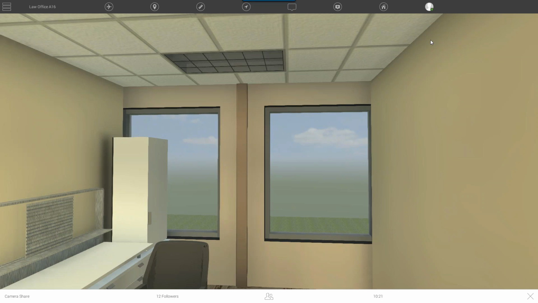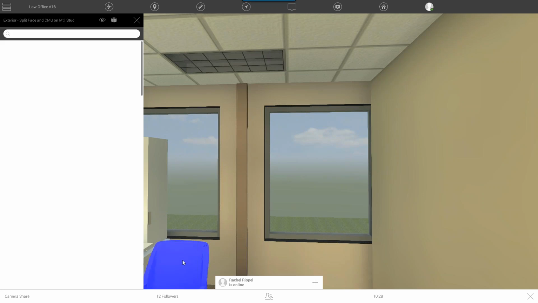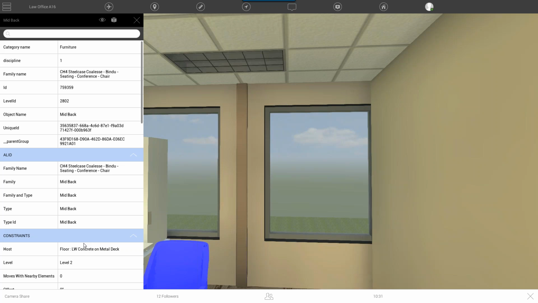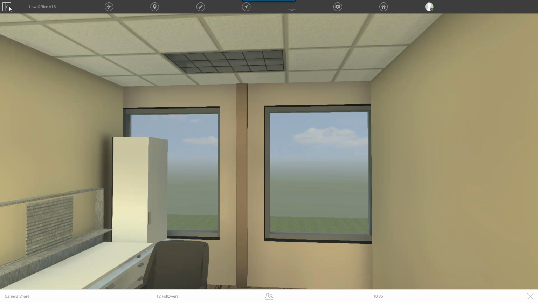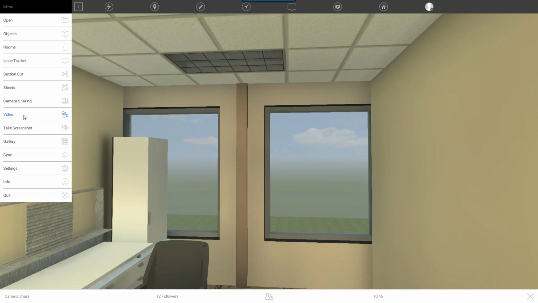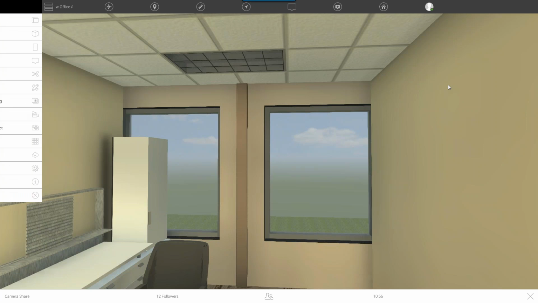So let me check. We already talked about the fact that there's views, rooms, measure. If we double click on something within the viewer, it opens up the properties for that thing that we clicked on. There's also an option to record a video of your walking through the model, so that you can basically make a video just by navigating through the building. So that's super handy. We only have about 10 minutes left, and then we'll have time after that for questions if there are some.